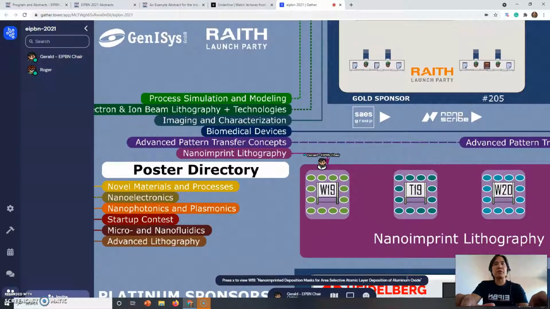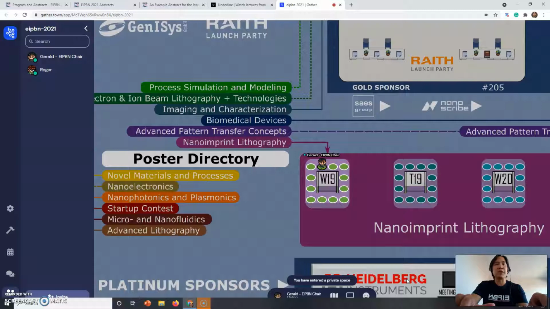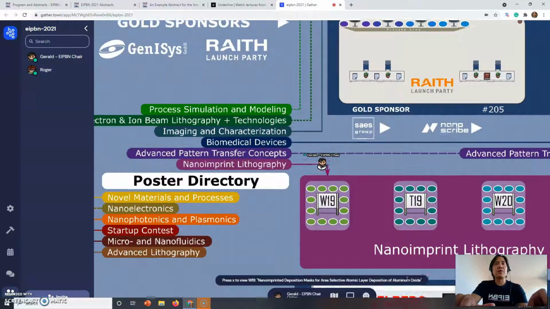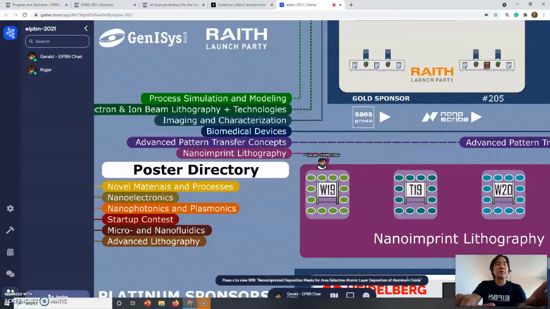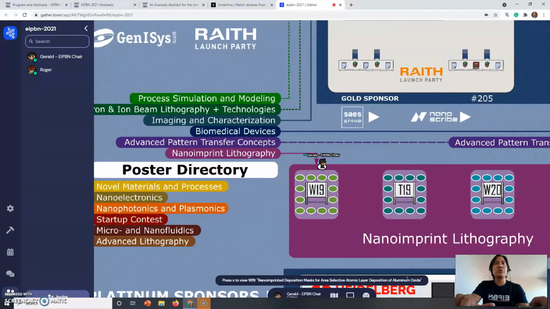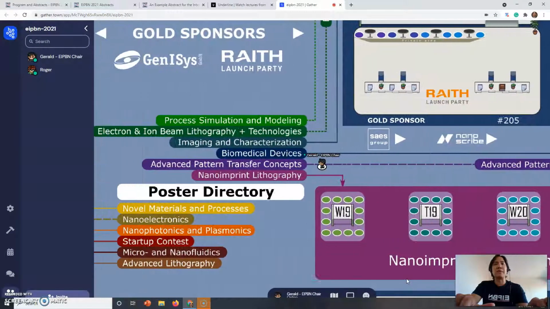So if someone wants to just stand out here and read the poster but doesn't want to hear any of the conversation, they don't have to unless they walk into the conversation by coming into the private area. Okay? Of course, anybody walking by them, they'll see them coming by. So I do think that this is going to be really busy, but a lot of fun because you get to choose your engagement, and the engagement will also be very, very dynamic.